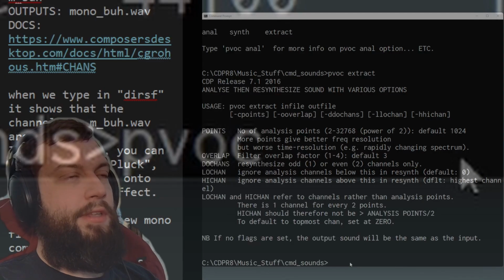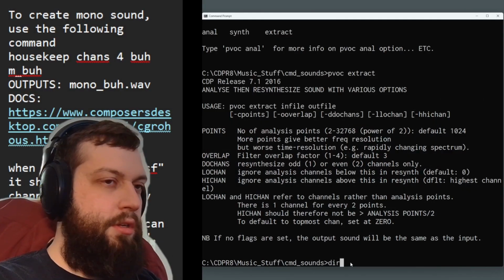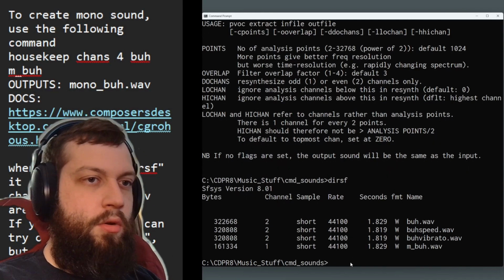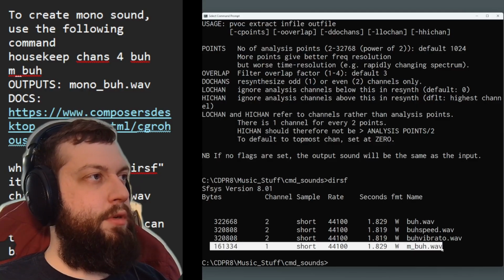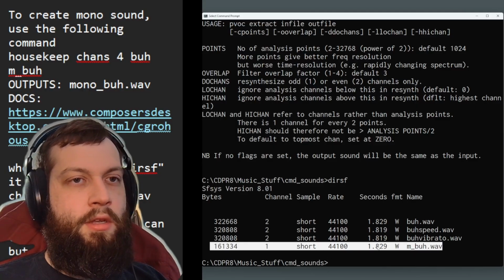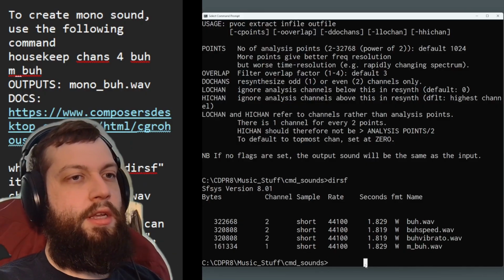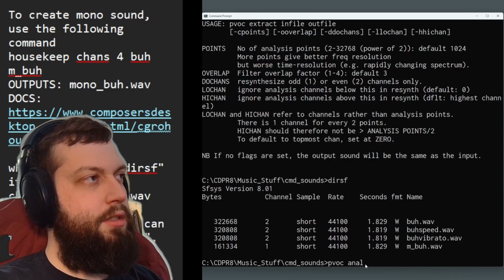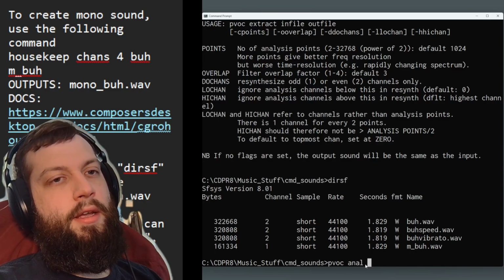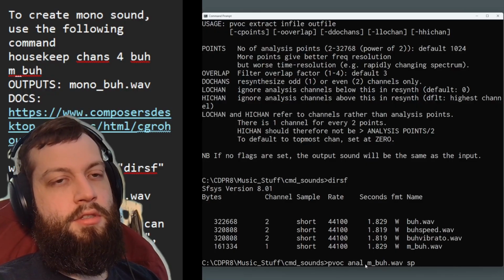Now, how do we do that? It's as bad as it sounds. We go to dir SF. We look at our sounds and we see that we have a mono sound. We can only do this with mono sounds. And we have mbuh, that stands for mono. So we're going to go ahead and say pvoc analysis, and we're going to do mbuh, and then we're going to do sbuh. I'll just do spectral buh